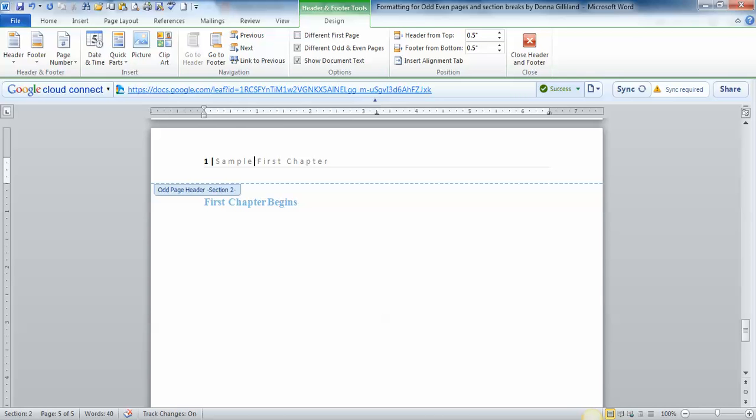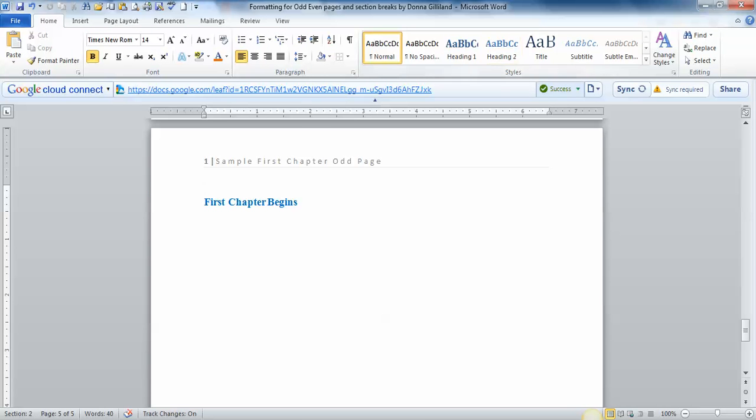I'm just going to put on here sample first chapter odd page so we can keep up with what we're doing. And now that I've got that in, then you could click the button that says close header footer. This is all in the design ribbon, and I'm out of the header. Now, assuming that I have another page,